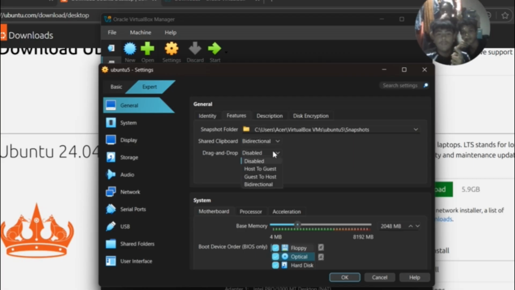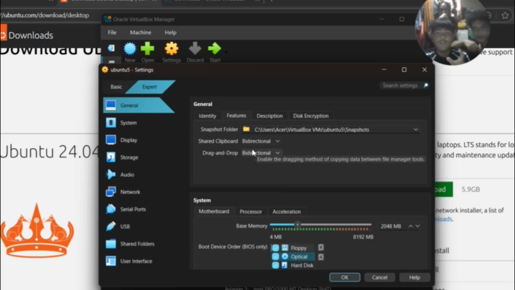This means that your host and your virtual machine can share files with each other with just one simple drag and drop. Like from the host, you will share a file to your virtual machine. You'll just drag your file going to your virtual machine. So that is the bi-directional feature. You will set that because it is very important, and you will have a much easier life transferring files.